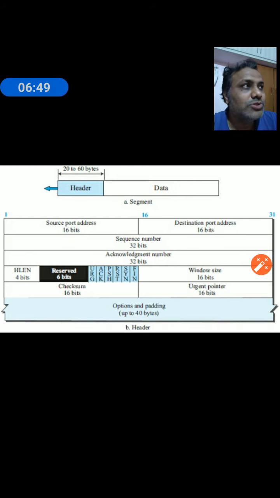Okay, so suppose I send some data to the destination with the TCP header format, and there is some data which we have to send to the destination, but some data has not been sent and we have to send that particular data urgently. At that time we have to set the urgent flag for that particular data, and we send that particular data as urgent, using the urgent field.